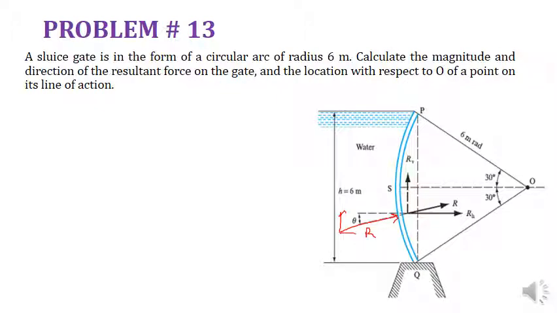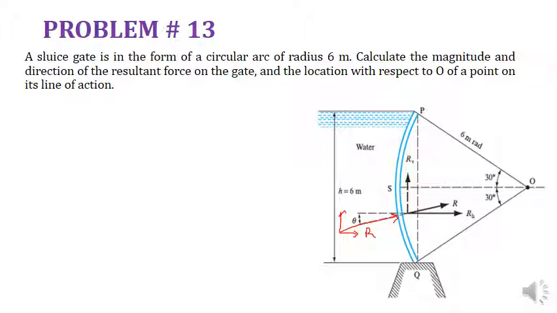If you resolve this into two components, one will be Ry and one will be Rx. Here it is shown on the other side of the gate in the form of R the resultant, then RH the horizontal component of the resultant, then Ry the vertical component of the resultant, and you need to determine which angle it makes with the horizontal.